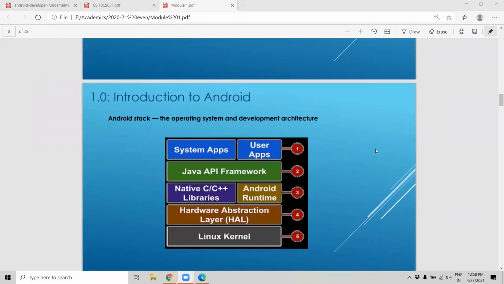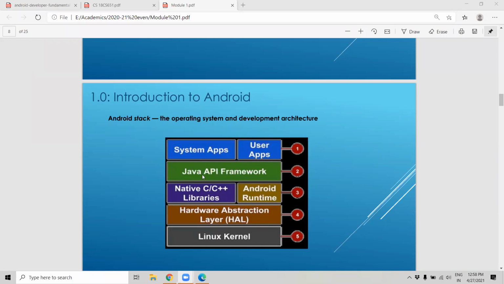See the Android architecture, operating system. From the front end, if you see your mobile, whatever the Zoom app you are seeing, that will be the first layer. The Zoom app, or this PPT, this PDF, what you are seeing, this is the first layer. All the user apps, all the system apps, everything that will be the first layer. Below that, what is there?